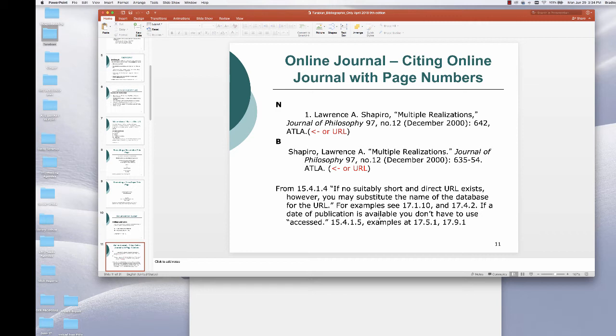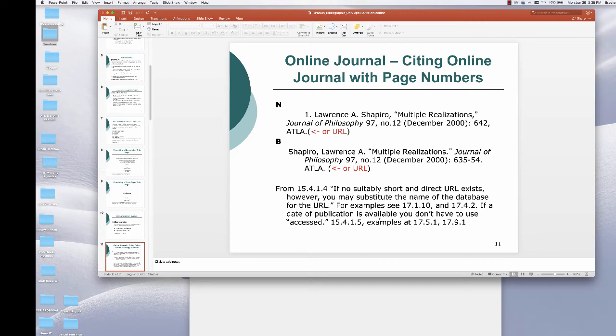Now, this is where focus comes in, right? Because you just looked at the note, and after the author name, you had a comma. In the bibliography, after the inverted author name, you have a period. Then in quotations, you have the title of the article, but once again, it ends in a period, not a comma, as the note does. Then it's a similar construction: in italics, the name of the journal, the volume, the number, the date, a colon,